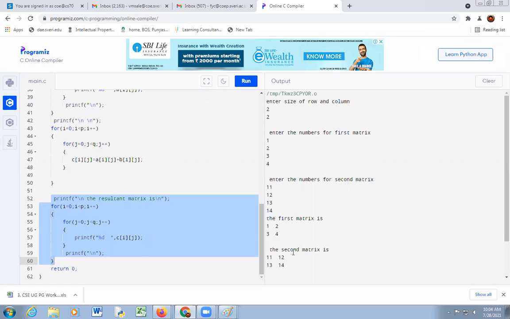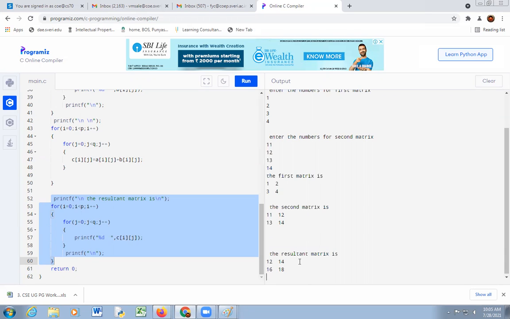So see here, first matrix is 1, 2, 3, 4. Second matrix is 11, 12, 13, 14. And the resultant matrix, see here, okay, see the output carefully.